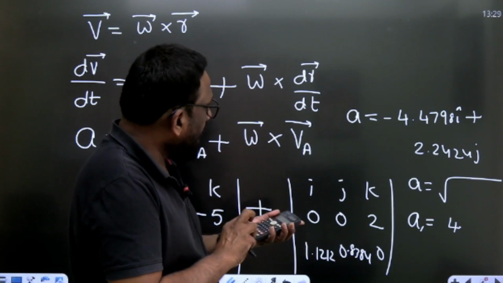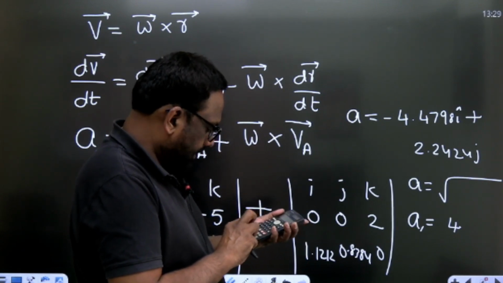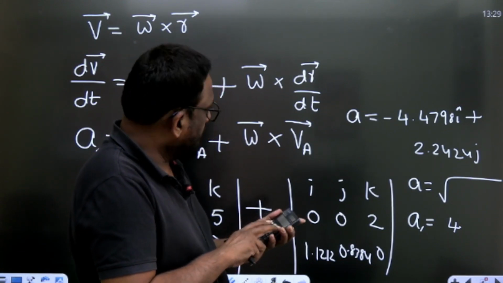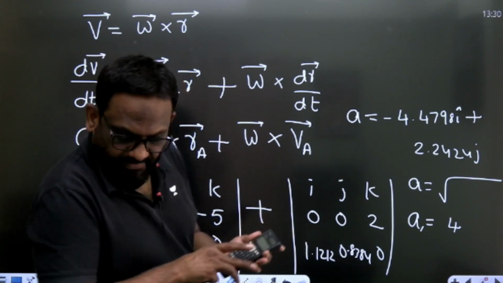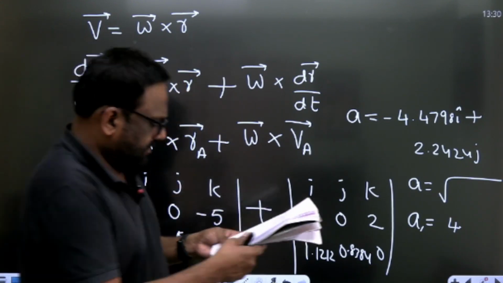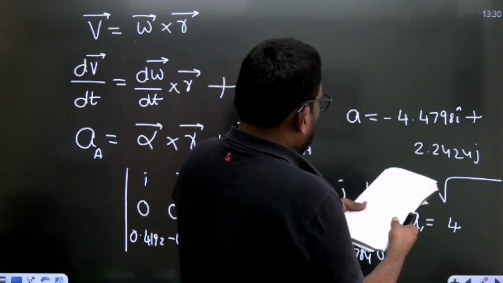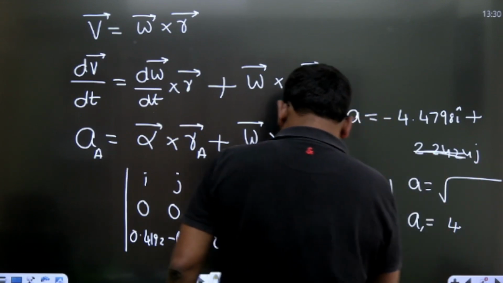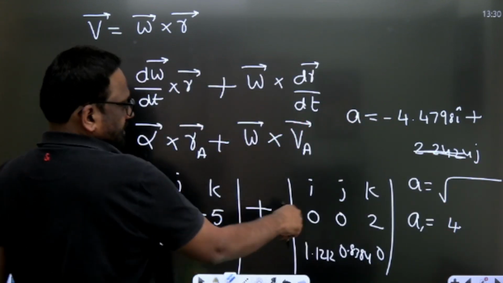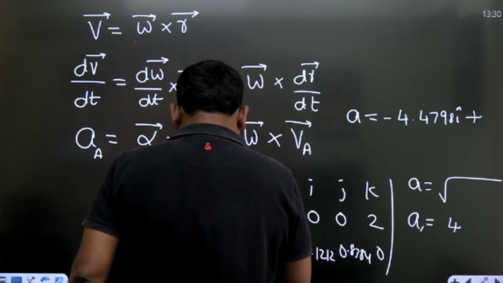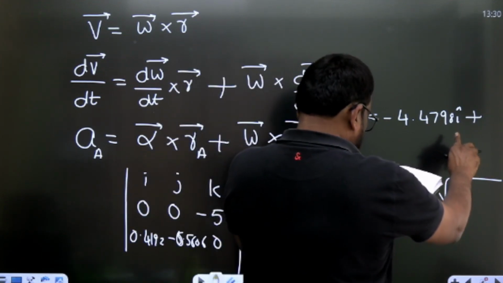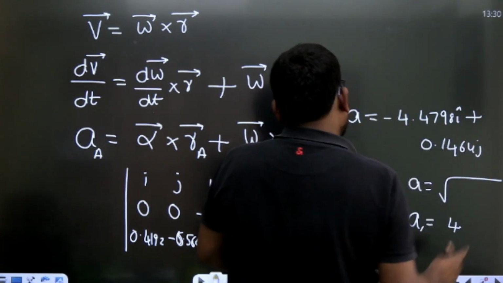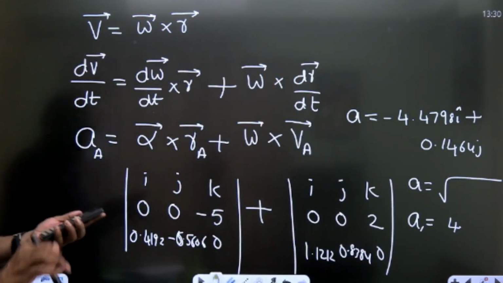4.4798 square plus 2.2424 square. One second. No. This is the total acceleration, it is 0.1464, sir. I am getting this as point, add both of these. So when you add, you will get this as minus 4.4798 i cap and 0.1464 j cap. Yes, and if you are calculating, you should get, look once,